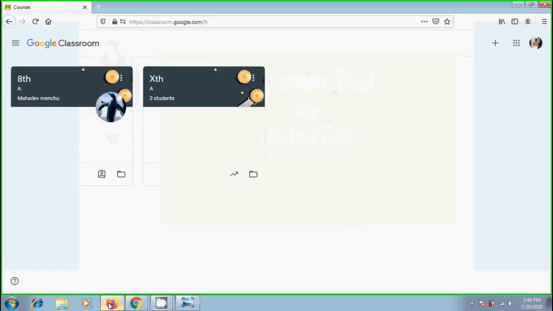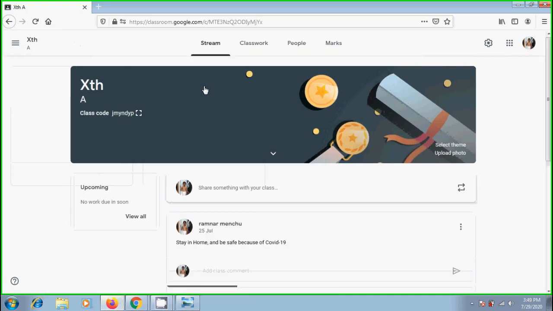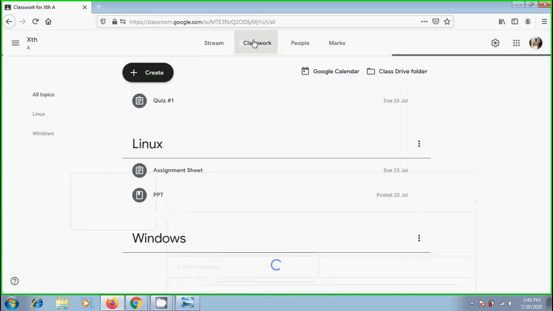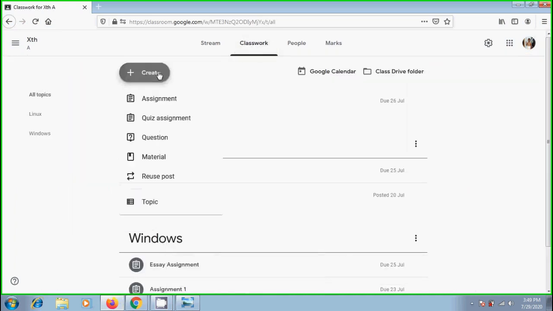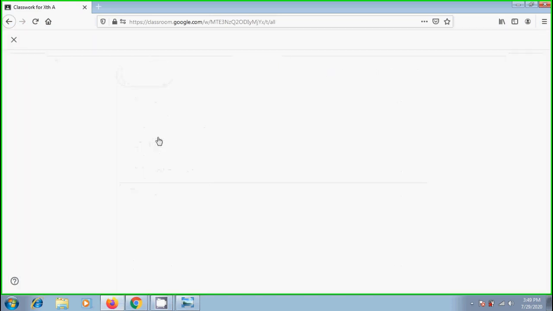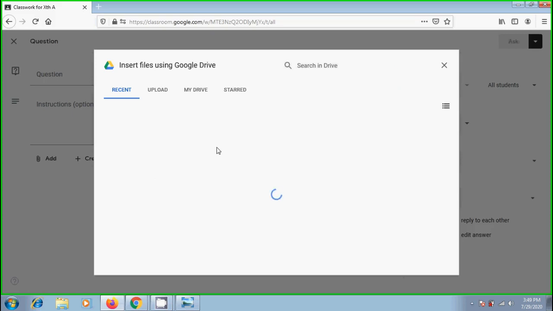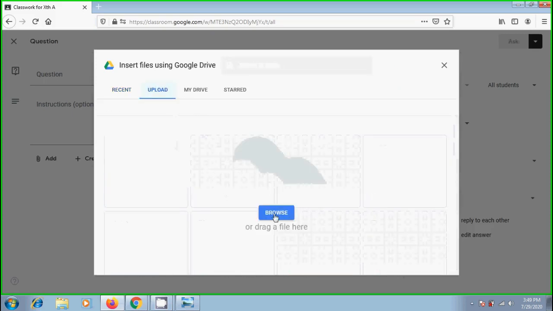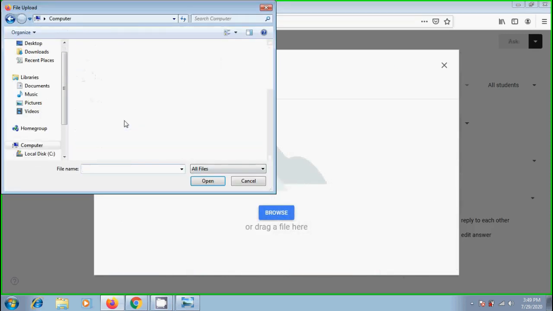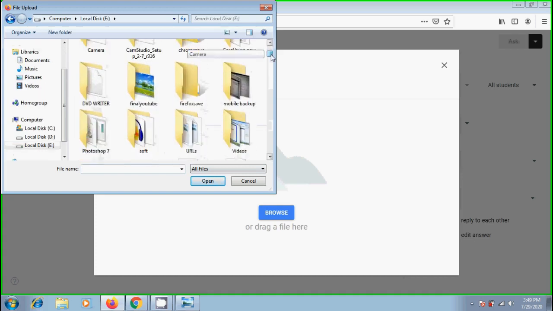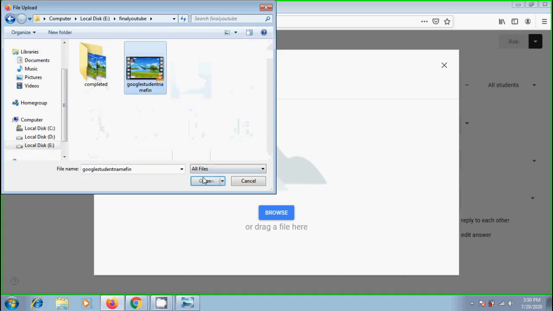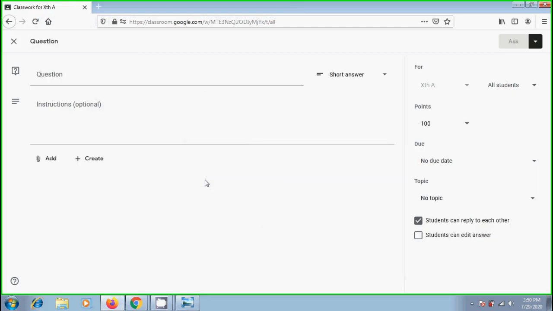Come to Google Classroom, open a class, select the classwork tab. Here, click on Create. From the drop-down menu, please select the question. First, I want to add a video clip and ask the students to write keynotes based on this. I am adding a video file. And in title,